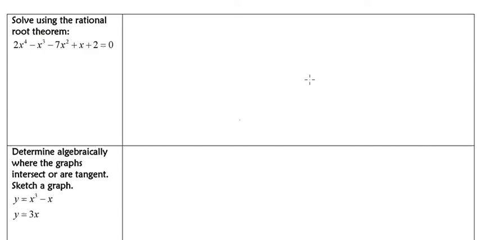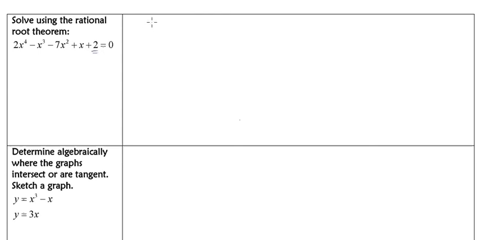All right, here we go, the backside of the 2-6 notes. And we are solving using the rational root theorem. So I'm just getting a little more practice on this here. It's already in descending order for us, so we don't have to do any work there, but we're going to take all the factors of our